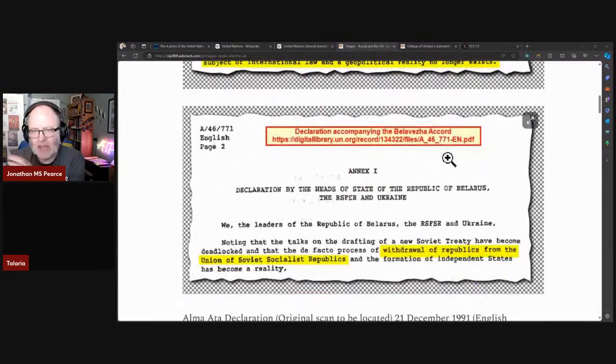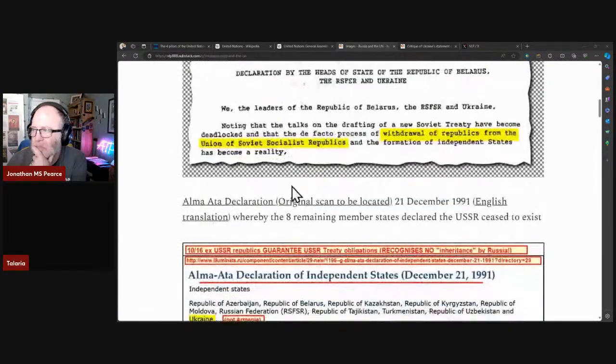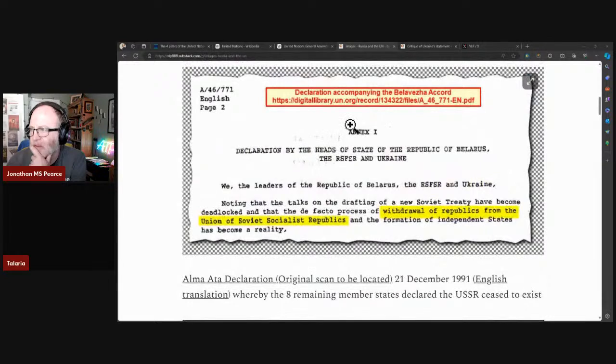But as you said earlier, it did then go on to exist for a further bit, though, didn't it? So then we go down further, and helpfully they have, by the way, all of those documents in there have all got links, either written on them or clickable links to the originals. But you'll see highlighted there is that they have withdrawn from the USSR. So they've said two